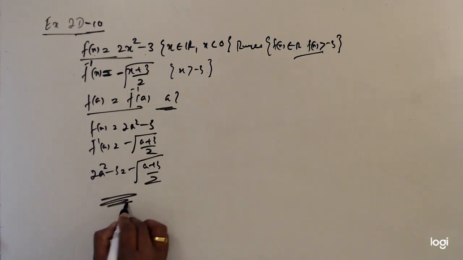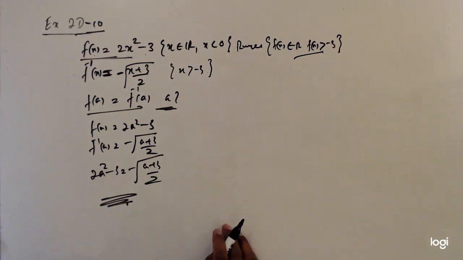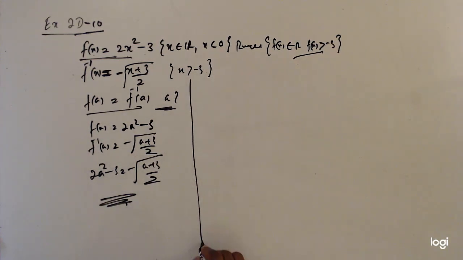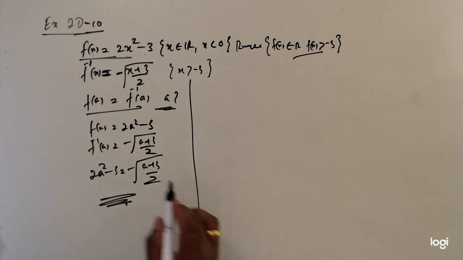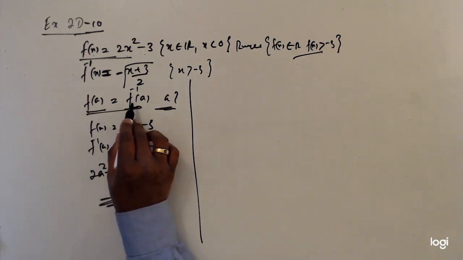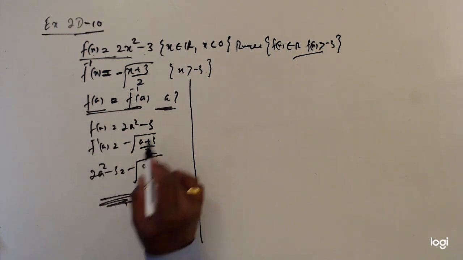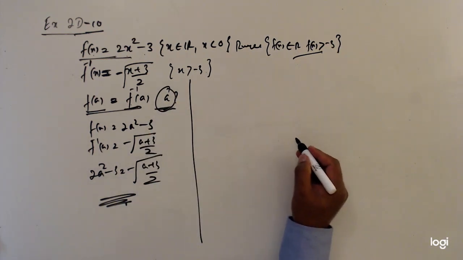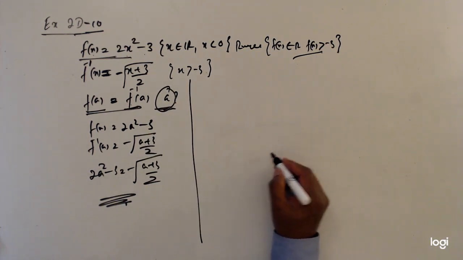Now this is kind of a difficult equation. So the second best method is, f(a) and f inverse(a) have to be the same for a given a. Now when we look at the graph,